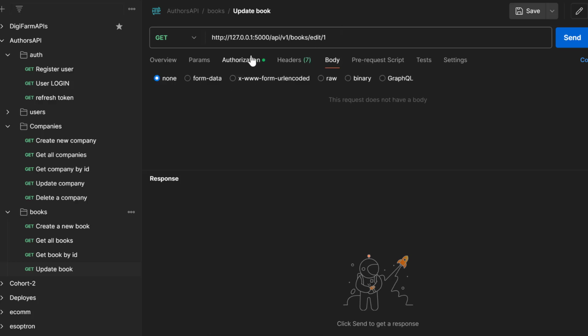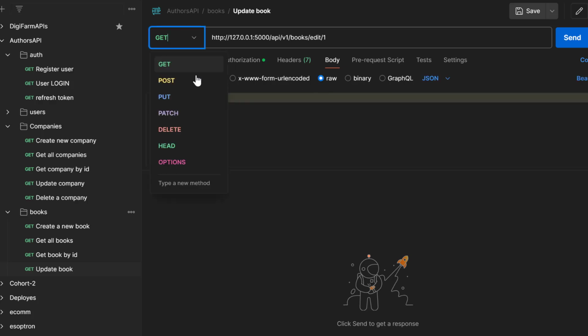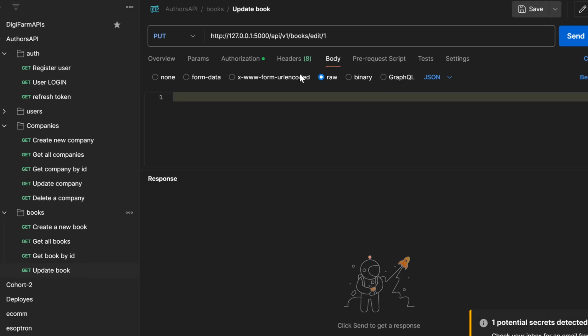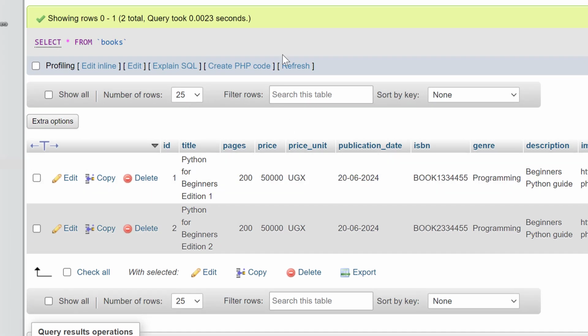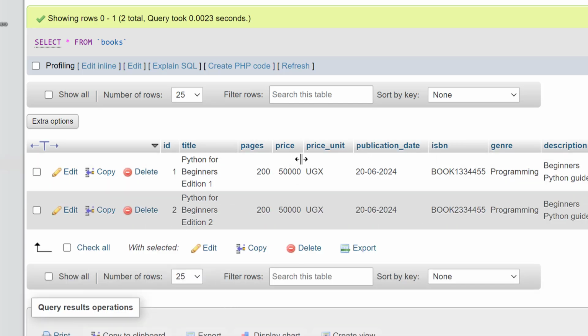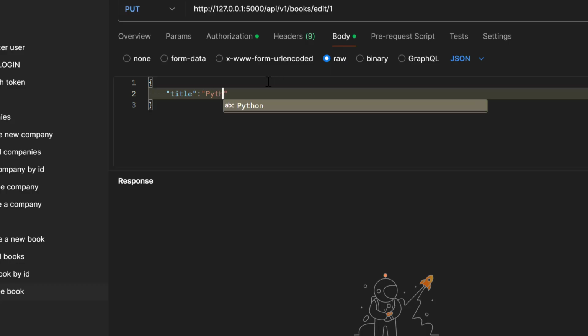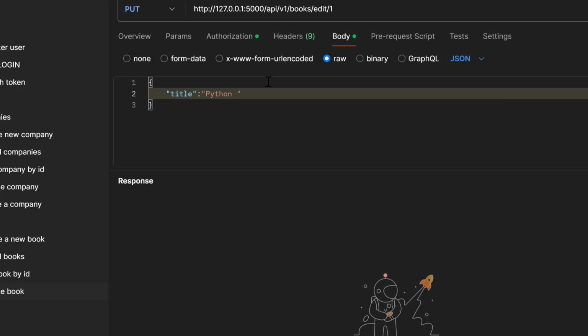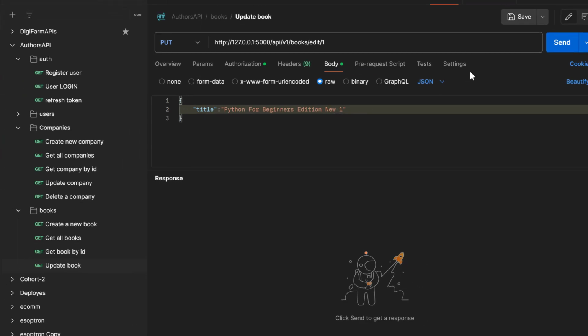So since we are going to be updating the book, we also need the body. So I'll update this to raw, and we shall use a PUT method. Now for this endpoint, we are going to be editing book ID 1 for Nabatanzi Daphne. We are going to try to update the title to something simple, just something precise. So Python for Beginners, then this can be something like edition, then we say new one, and make a